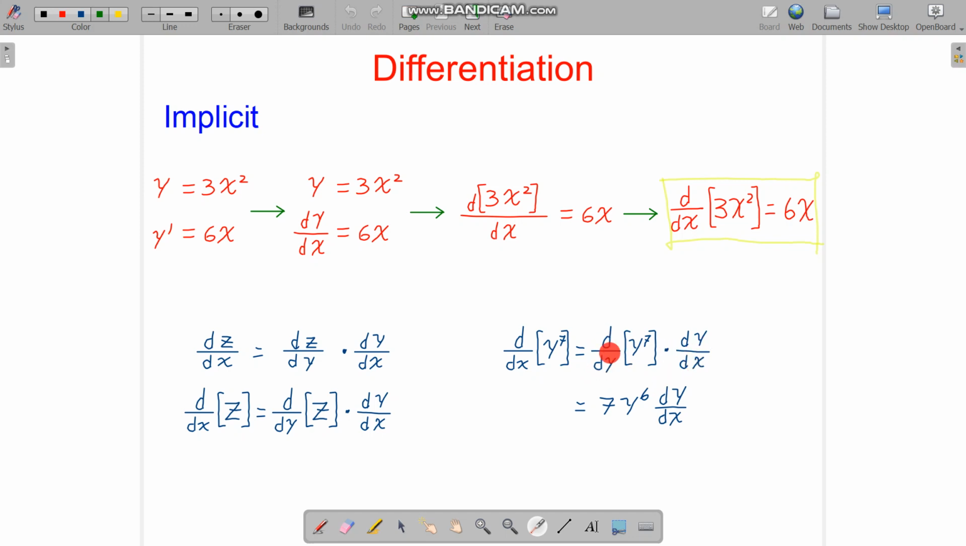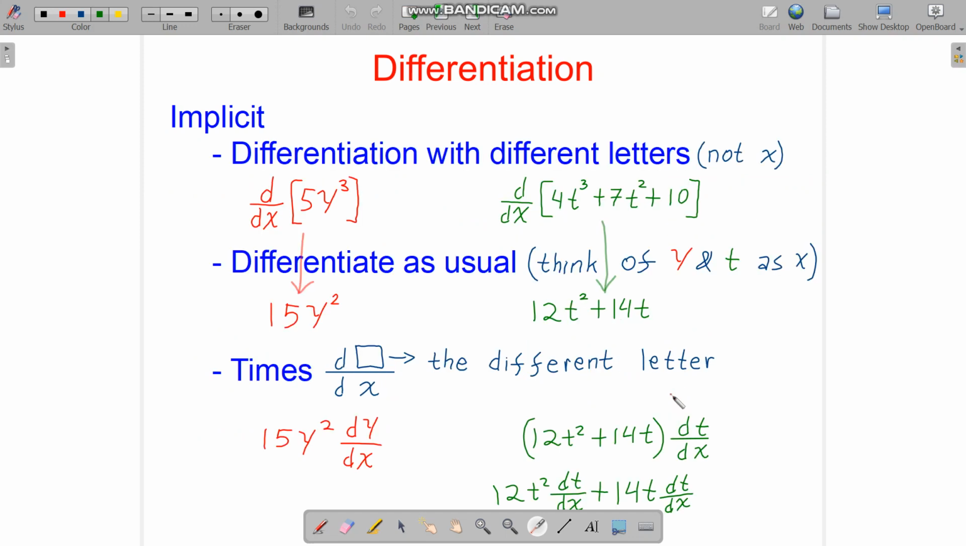So the d/dy of y to the power of 7 means we differentiate y to the power of 7 with respect to y, so we get 7y to the power of 6. So it's just like the usual differentiation, but instead of x we are using y here. So in implicit differentiation,